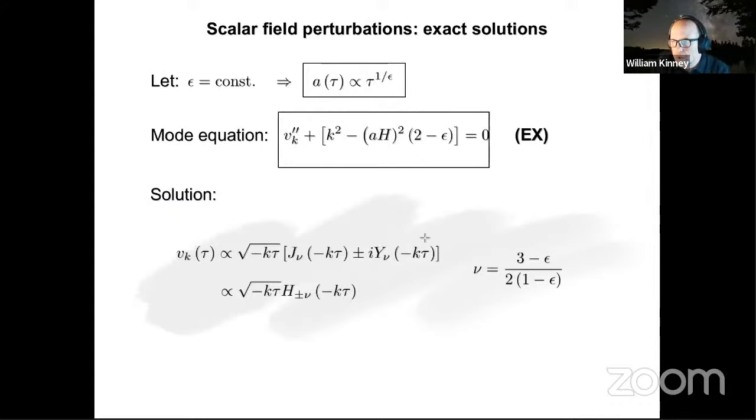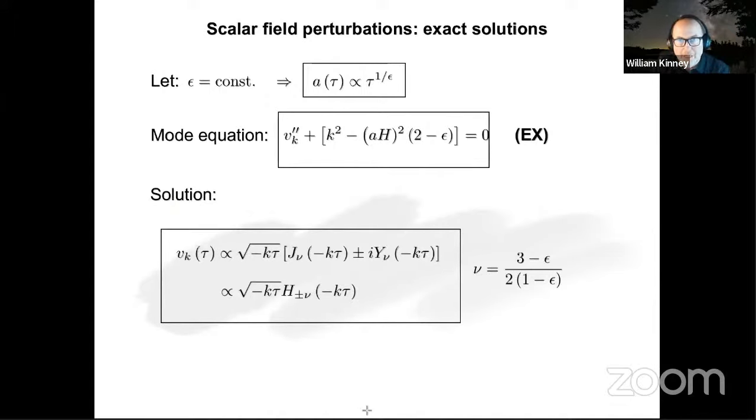Then the mode equation has a very simple form: this time-dependent mass term is given in terms of the co-moving horizon size and the equation of state. And this thing over here is now just a constant. We know A of tau, so we can calculate this AH. We can plug all of the dynamics into this. What you find is that the solution is a sum of Bessel functions in minus k tau. It's conventional to write this in terms of Hankel functions multiplied by the square root term. So now we have an exact solution to this mode equation that's valid at all wavelengths, short wavelength and long wavelength.